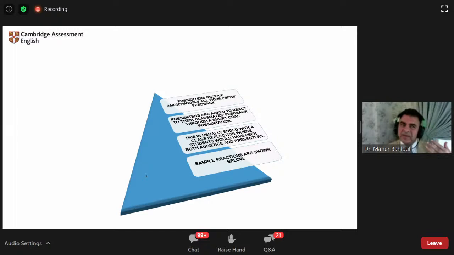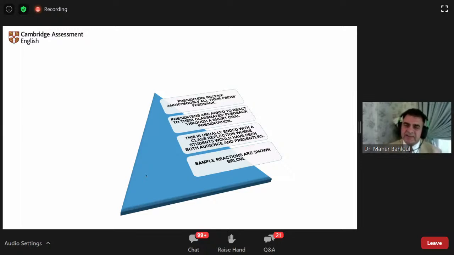So let me go to the last item, which is the reaction to the feedback. Presenters are asked to react to their classmates' feedback through a short oral presentation. So this presentation triggers another presentation, and the other presentation picks up on the communication from the first presentations, hence the ongoing communicative cycle. And this is what I call the communicative model, the interaction model,